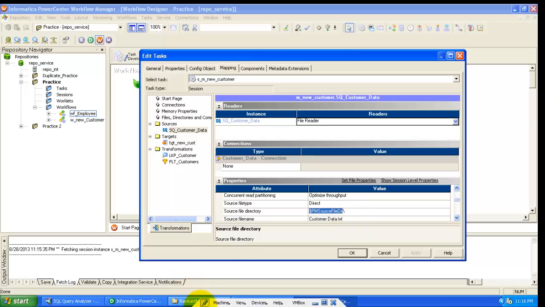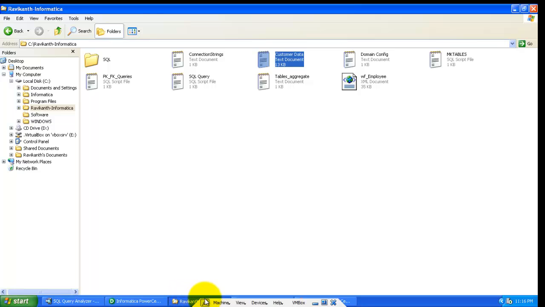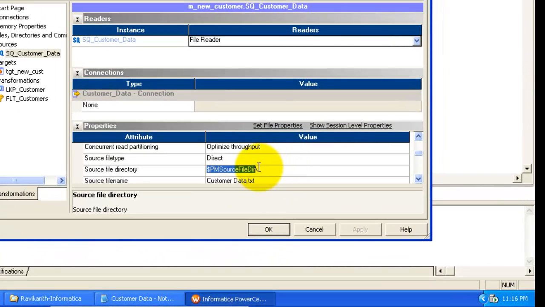What is my source file path? This is my source file path. Copy this source file path. Here is the source file path.